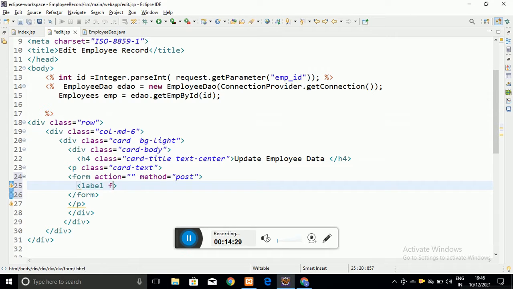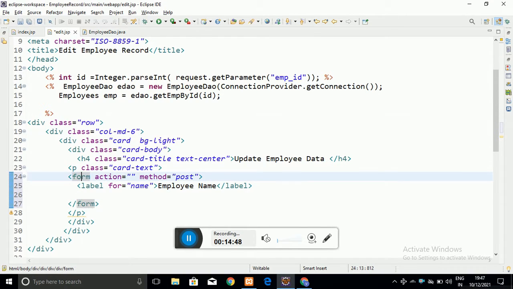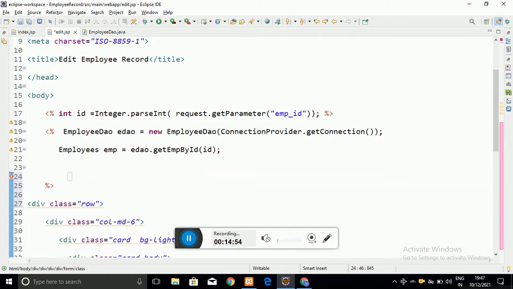So let's create the label for name. We have created fields like the name, email, mobile number, and like this, and we are using a bootstrap form to complete this tutorial.